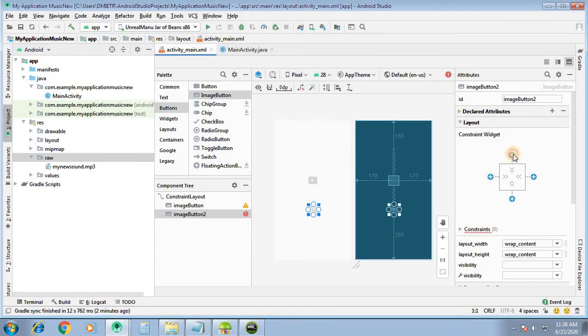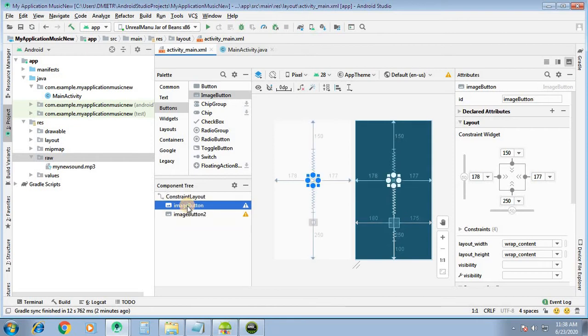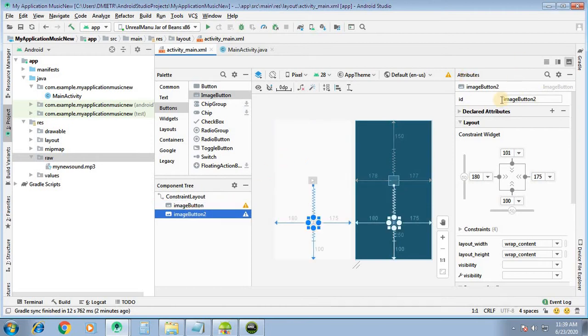Again we will set the coordinates for this. We have the two buttons, and when we click on these buttons, the corresponding play and pause activity should be done. This is the first image button for play, and this is the second image button for pause.